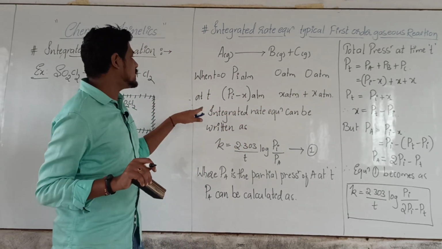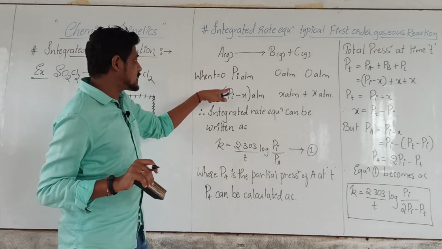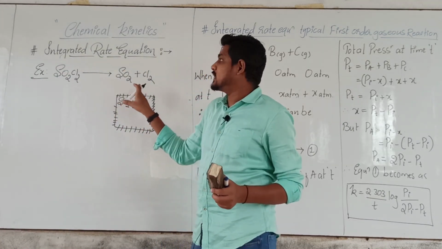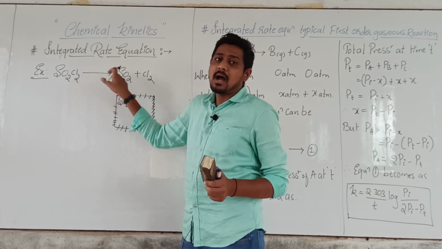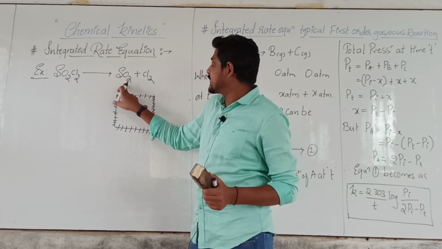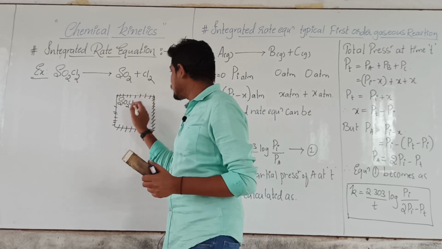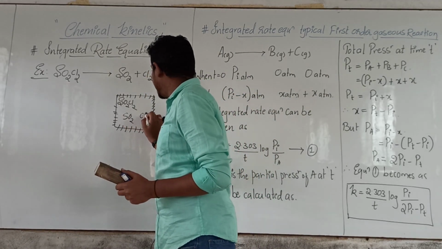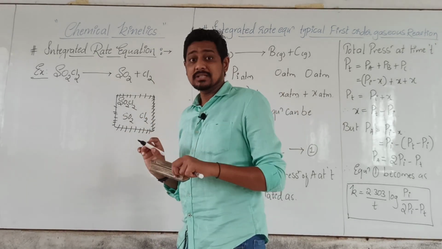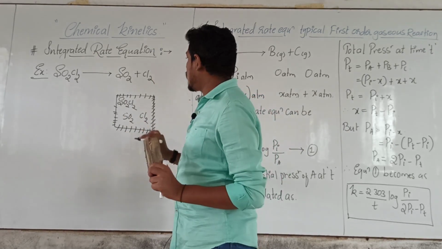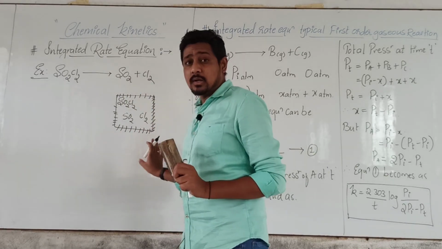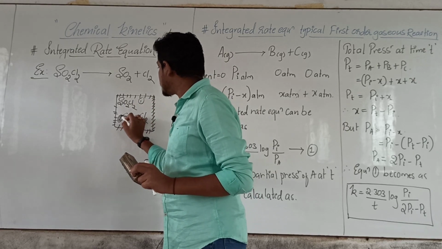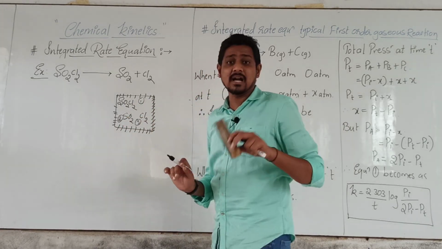After some time, at a time t, what is the pressure? As per the reaction here, what is happening? After some time, this sulfuryl chloride has decomposed, giving you sulfur dioxide and chlorine. So now along with this sulfuryl chloride, there is SO2 gas and another is Cl2 after time t. Now the pressure exerted on the walls of the container is because of three components. One is this, another is this and another is this. So there are three components now.